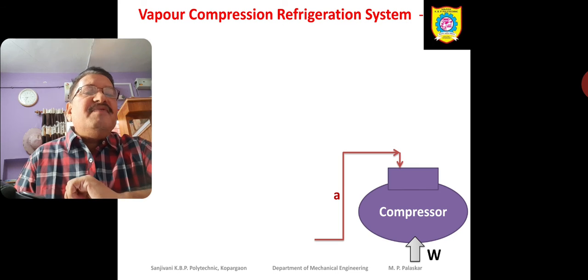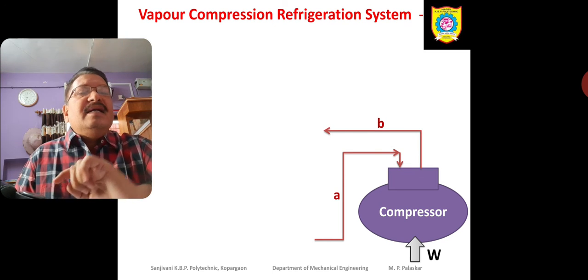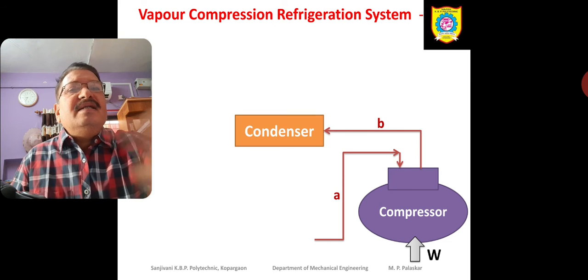So the refrigerant vapor which is coming from the evaporator inside the compressor is compressed, and we are supplying mechanical work to this compressor. Therefore, the compressed refrigerant which we obtain from the compressor will leave the compressor and it will enter inside the